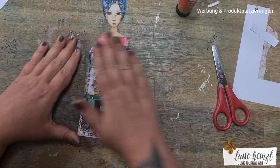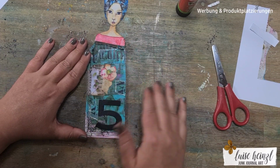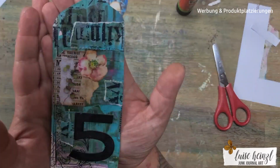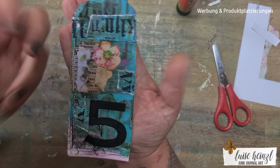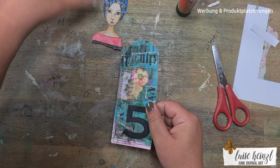Okay, so I think we rescued the last pieces here of this awesome stamp. I really like that, even also with this white frames here, and this also gives it a little bit more dimension. Okay, so now we